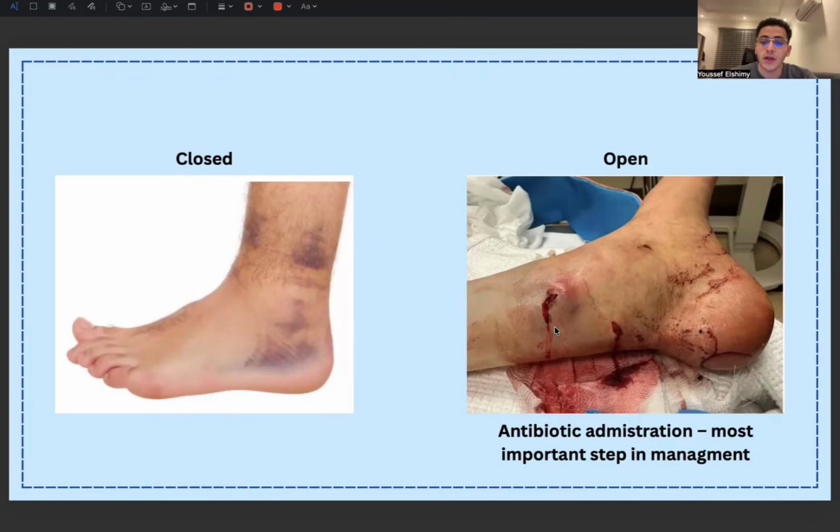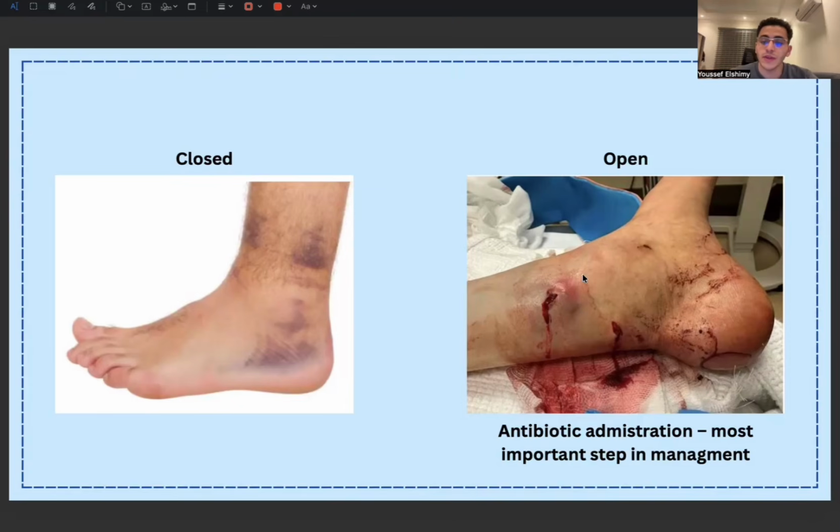You can see how there's vascular damage as well as swelling. So it increases the risk of bacterial infection. So we have to make sure that we maintain proper wound care. And the most important step in management is antibiotic administration, since this open trauma is a door for